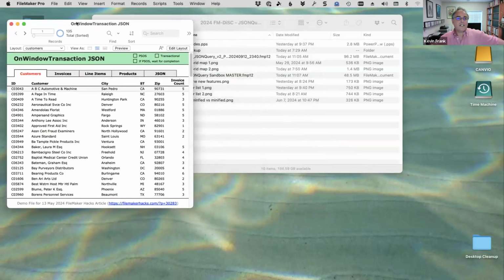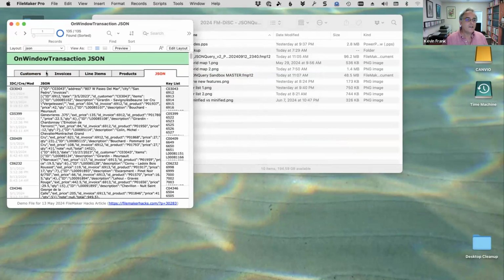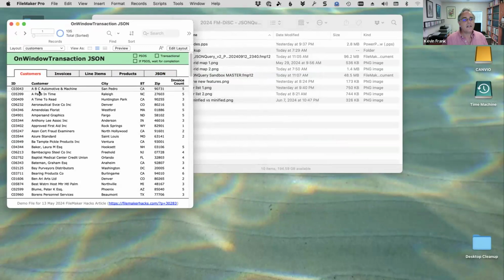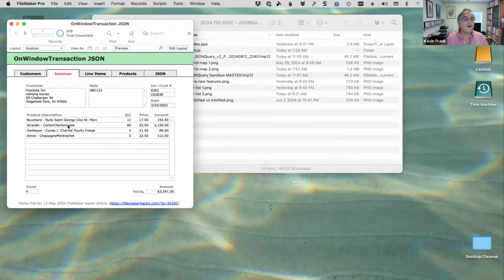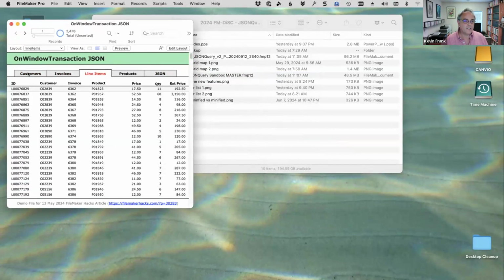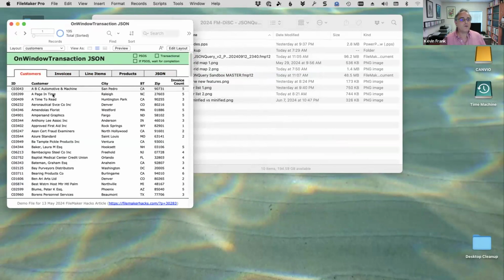I'm using on window transaction, but where the rest of the world is using it to make audit logs, I decided to do something different with it. It's a really common thing for people to make a JSON representation of a record. In this case, I want a JSON representation for each of my customers, not just of their customer data, but also of all their invoices and all the line items on those invoices. So kind of a complete customer info plus order history. I used on window transaction just to build that JSON, and one of the advantages is it's way faster, because if you have to build that JSON,